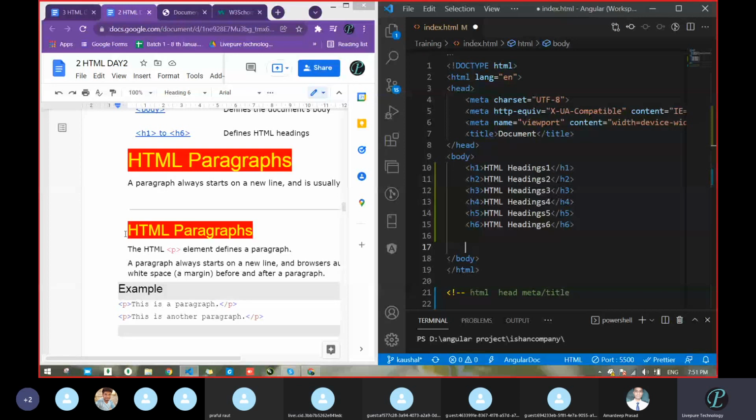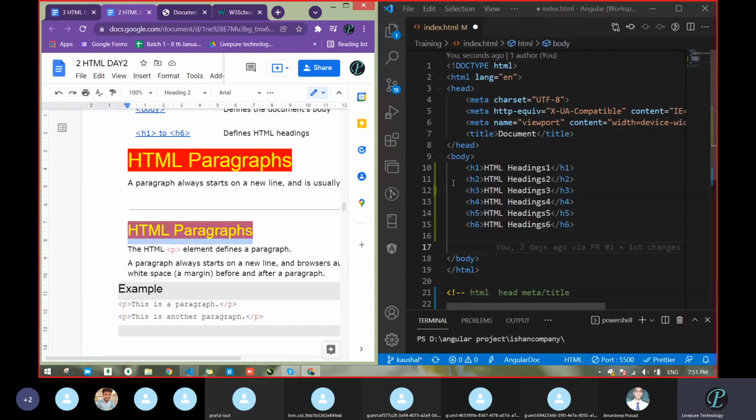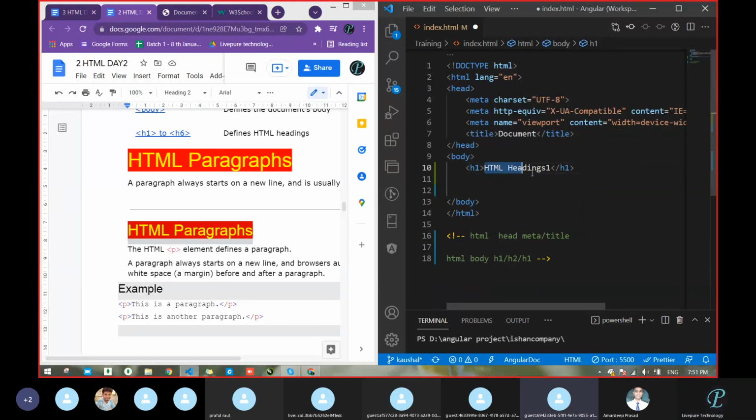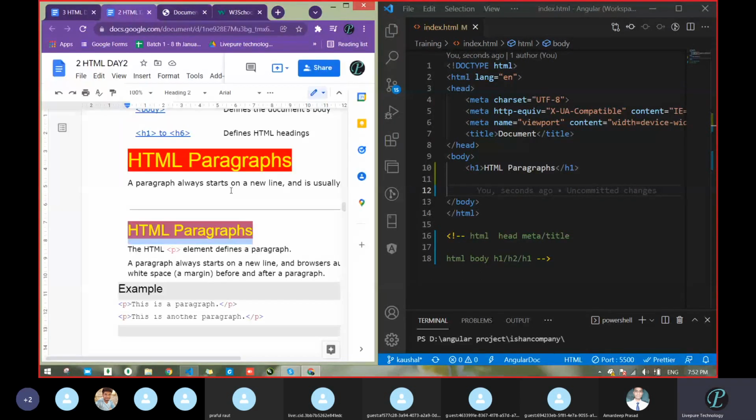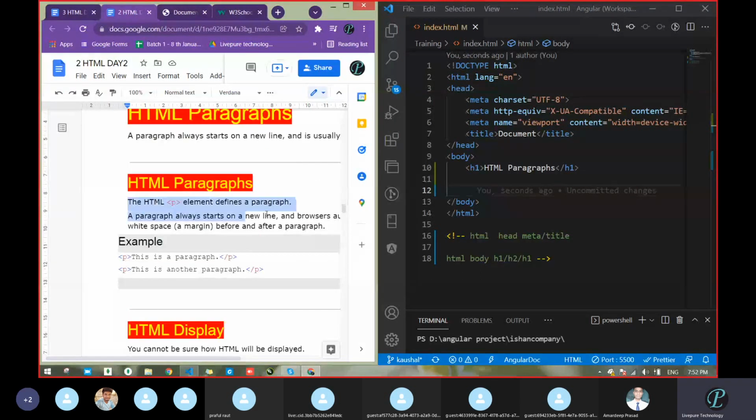Now see, this is your HTML paragraph. Something is written there. Then how will we write that one, with the help of H1 or H6? Sir, H2. No, we'll try it with H1 actually, so that it will be bolder and larger also. See, we used H1. Now next, suppose some content is written there, I will just copy paste.